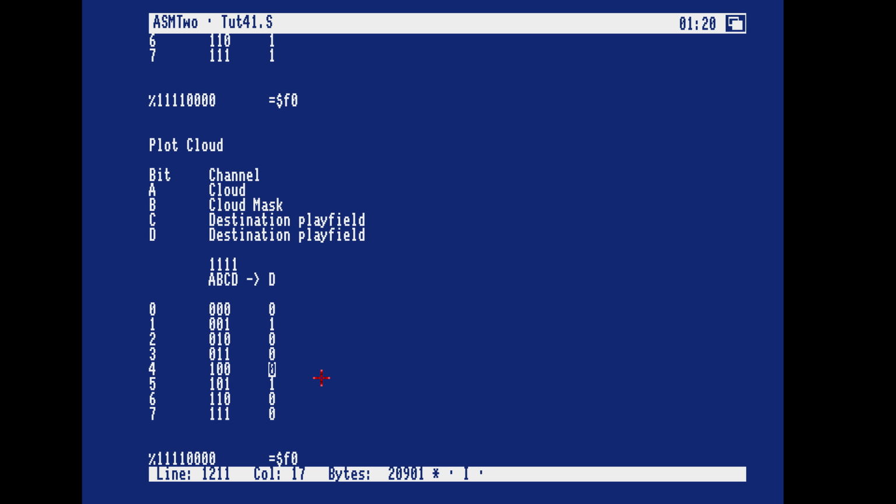So this 0 comes then from the destination, this 1 comes from the destination, but not when the mask is set. When the mask is set, it should instead overwrite the destination with the source graphic. So in this case,